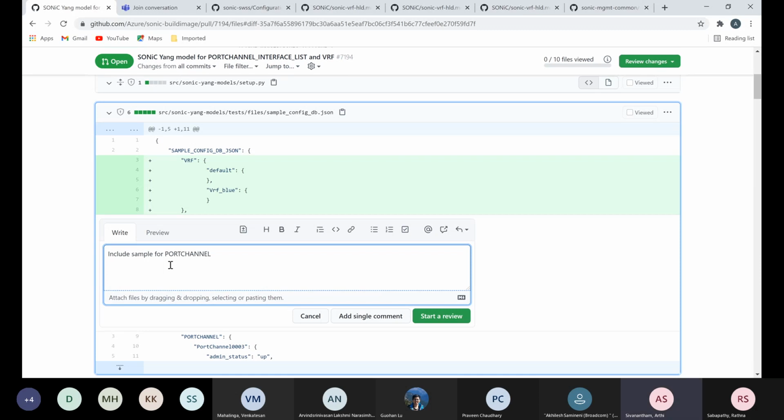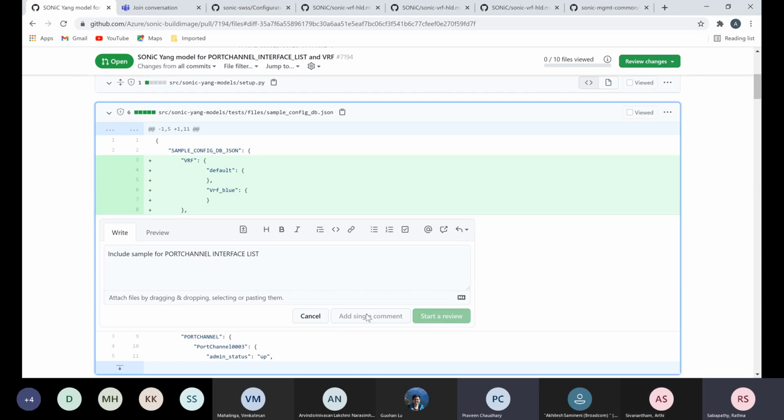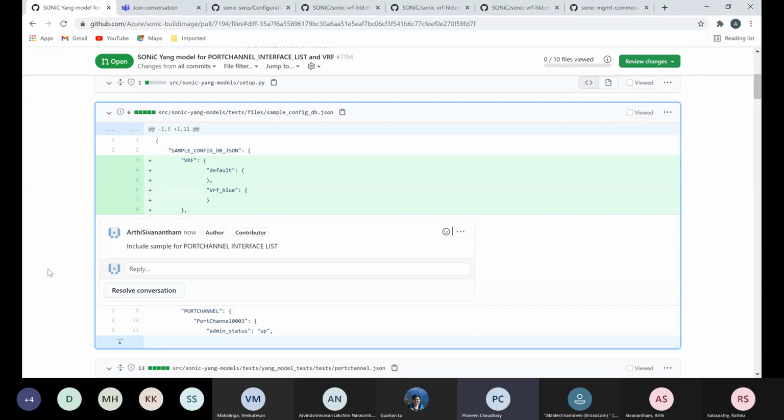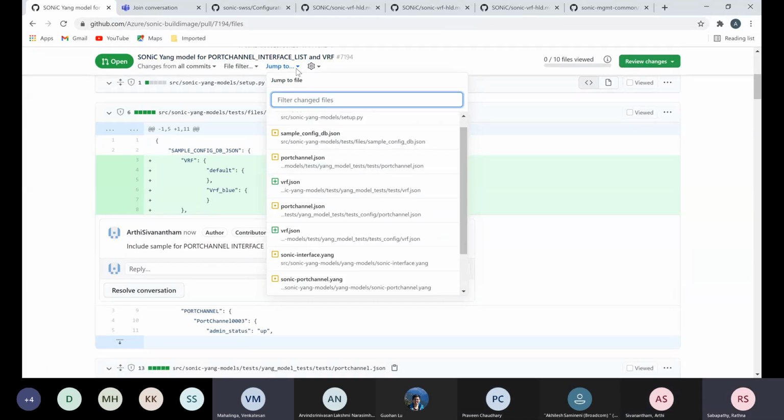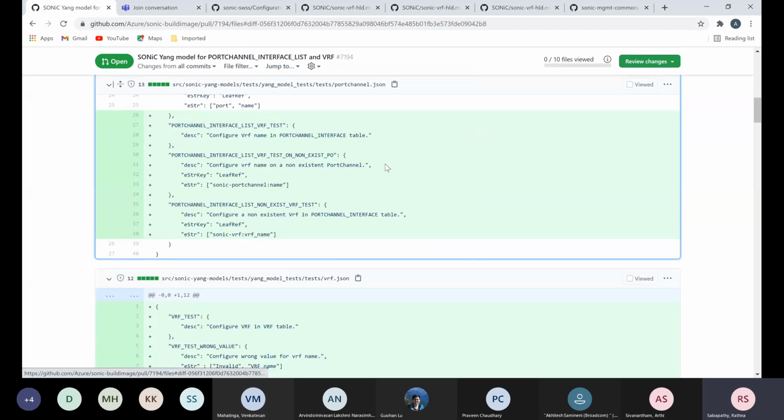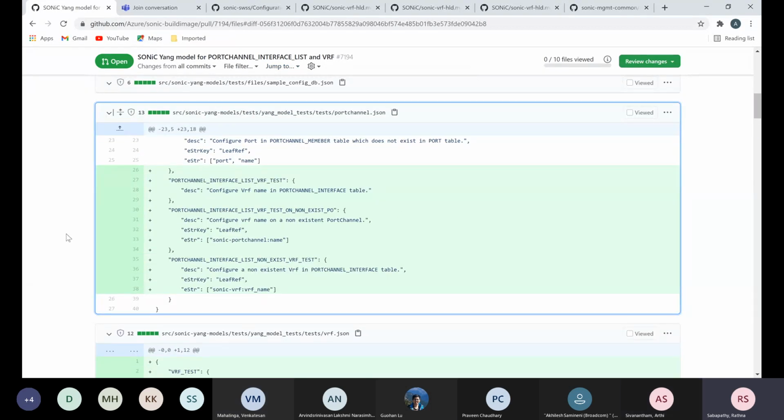And what is mandatory? The VRF name is not mandatory, right? Yeah, it's not mandatory. Today, when we say IP address, we may not need to specify VRF. But because of the leaf ref, do we need to specify that? No, it's not required. In case of default, it's not required. In case you want to associate that L3 interface to a non-default VRF, yes, we need it. The leaf ref purpose is just to make sure that the VRF is there in the system. Unless the leaf attribute specifies mandatory equal to true, it is not mandatory.